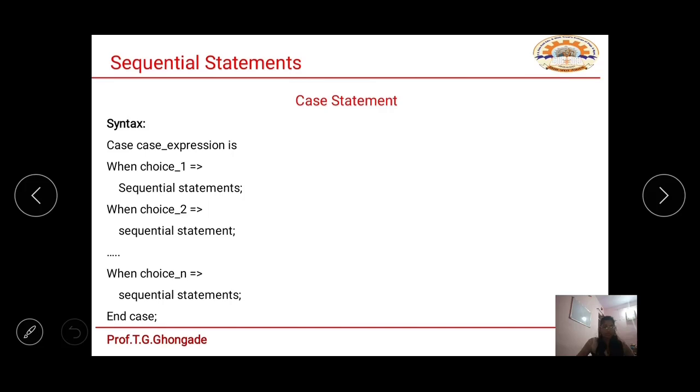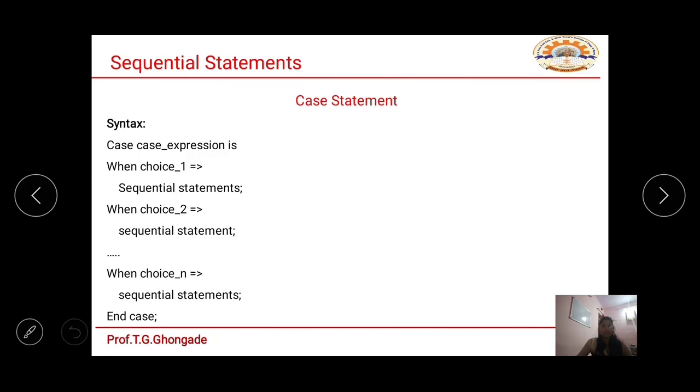Now we have the first condition. When the first condition is satisfied, we will write a sequential statement. So when choice 1 is satisfied, then we will write a sequential statement. Then the second choice is considered, we will write a sequential statement, and it will be continued until the last condition is satisfied. Finally we end the case statement.